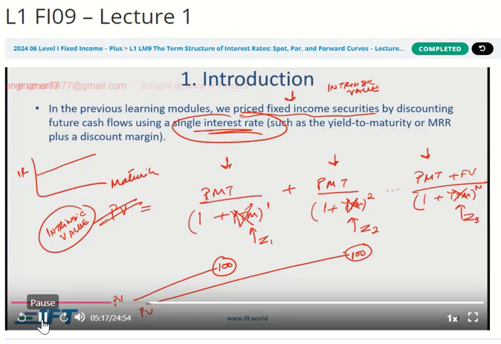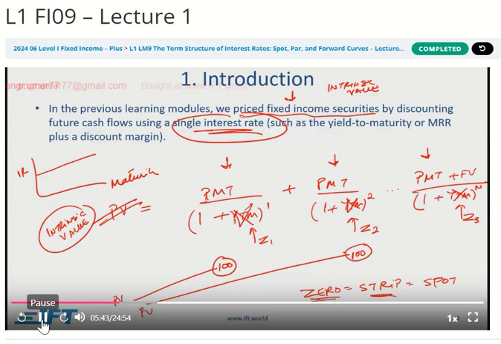Now you might be thinking, why did I use Z for this? Well, there are three words which I want you to understand that will be used interchangeably, and these are spot, strip, and zero. Now, what does that mean? It means that if we are to strip these cash flows into different years,